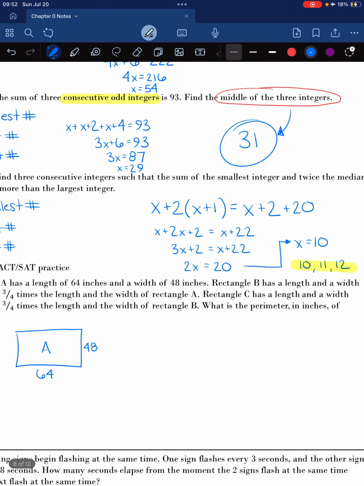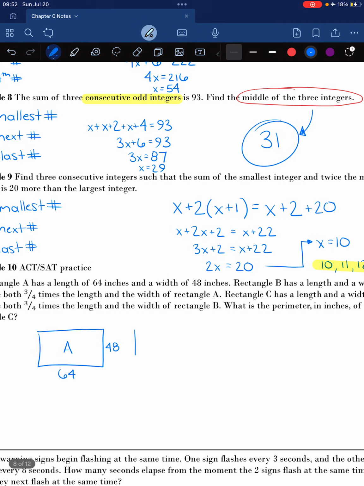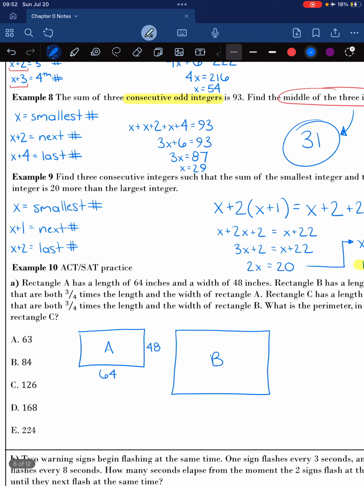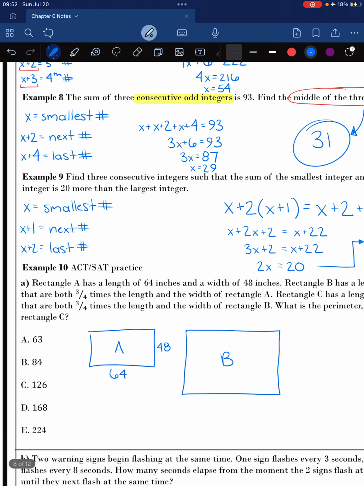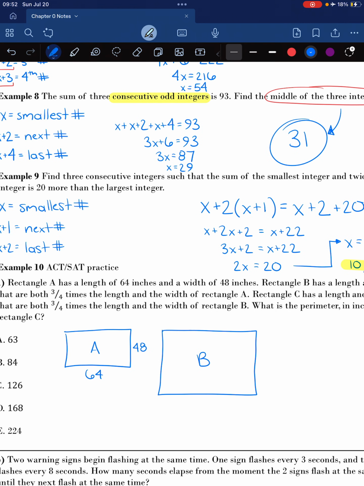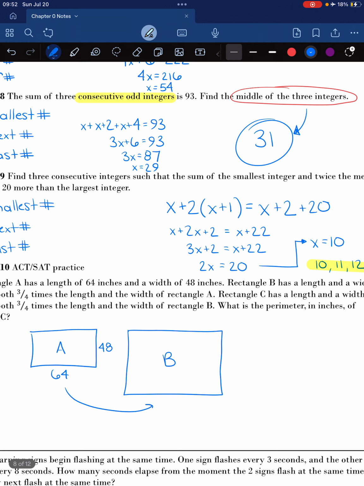Okay, rectangle B has a length and width. It says that it's larger, right? So maybe let's draw this a little bit bigger. B, that are both 3/4 times the length and the width of rectangle A. Okay, so I just need to do times 3/4, and then there's a width, so times 3/4, and we can use our calculator for that. And I believe we end up with